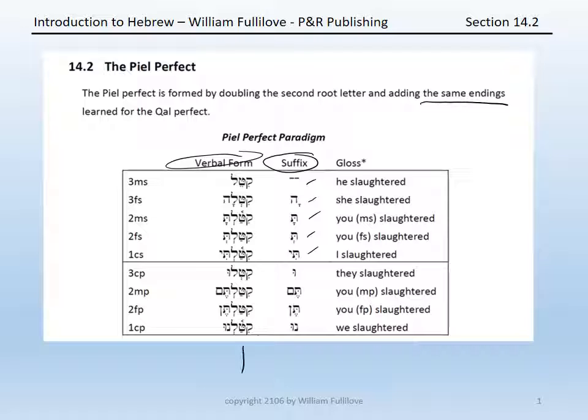Notice that in every case, the second root letter, the tet in our paradigm form, is doubled with a dagesh. Remember also that this dagesh must be a dagesh forte because this is not a Begadkefat letter. The tip-offs then that let you know you are dealing with a Piel perfect are predominantly the doubled